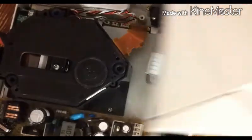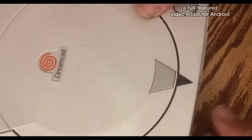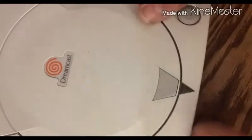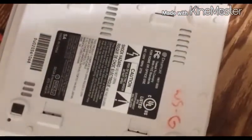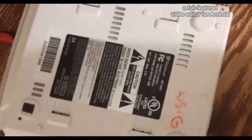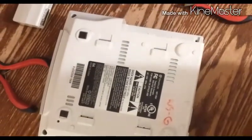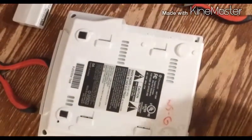So let's put our top back on. Be careful to make sure that everything's going on gently. You will watch me do this screwing, but while I am screwing this thing back together, I want to just real quickly tell you that I'm not responsible if you hurt yourself if you try to do this, okay? This is your